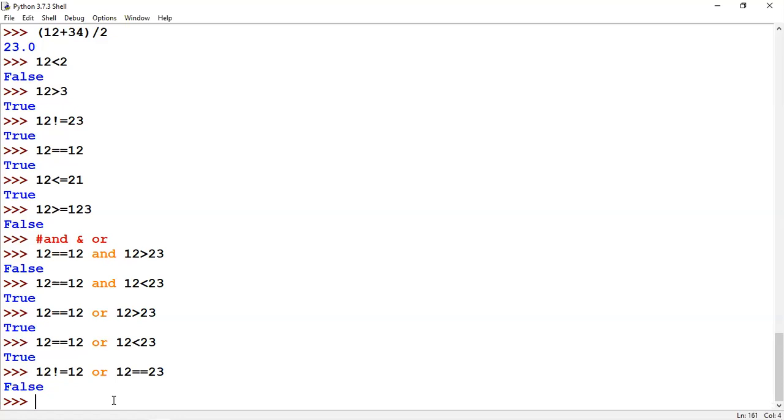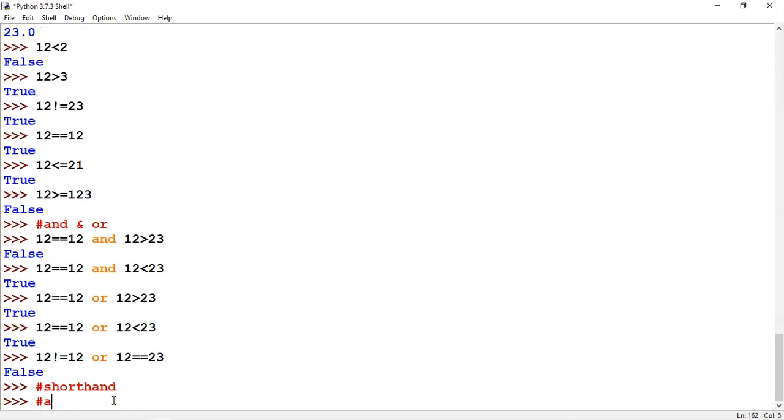Super. So we discussed arithmetic, logical and comparison operators. Now we are going to discuss the shorthand operator. I'm not sure this shorthand operator is available in C or C++, but it is available in JavaScript, Python, Perl, PHP, those kinds of languages. I will tell you what this is. A equal A plus B: when we define something like this, your A and B values get added and again stored in the variable A. This is what it means, right?